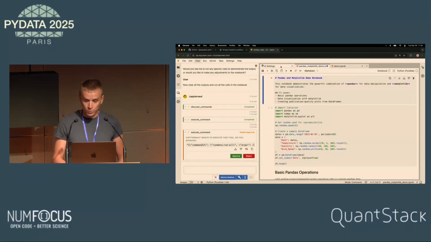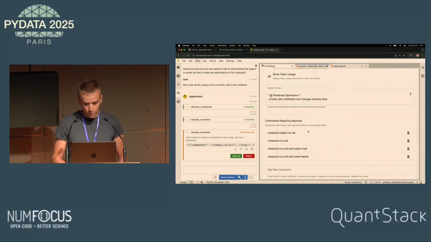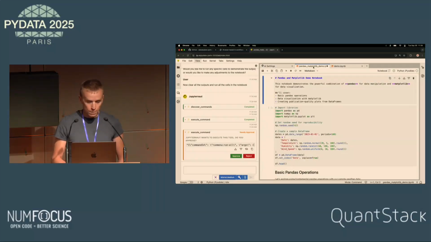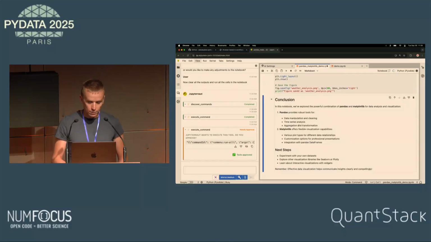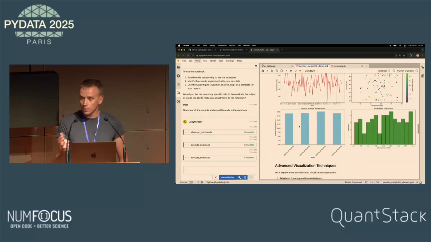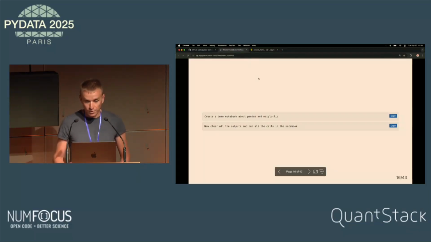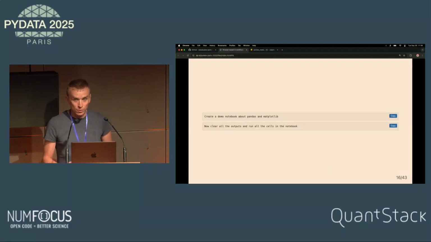That's something we have also started to experiment with: a way to ask for approval when we may perform some actions that may be harmful to the user or execute arbitrary code. This is configurable. But here, if we approve, then the agent is going to execute everything. And now we see the output. So that's pretty much agent mode.